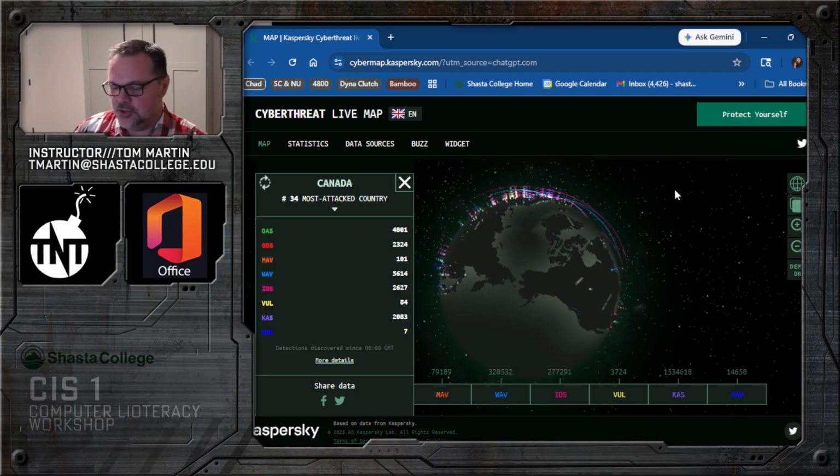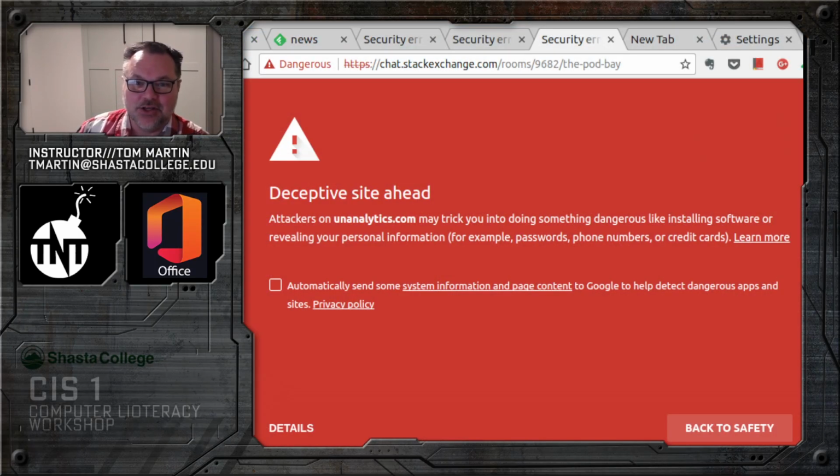Now, sometimes when you go to pages that aren't safe, or when you click on a download that is not safe, you could get warnings that pop up like this, saying, hey, watch out, this page is not safe. Something you do here, like installing software, could be bad for you. A lot of times these download websites that aren't secure, you could even find a site that downloads a real program. Like if you don't want to pay for a game or a program, you can go to these sites where you can download